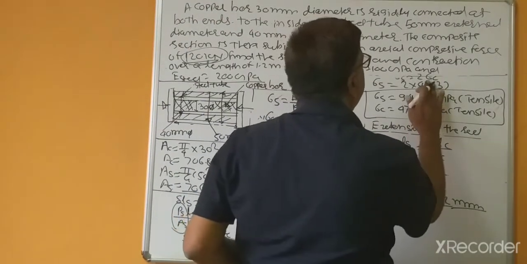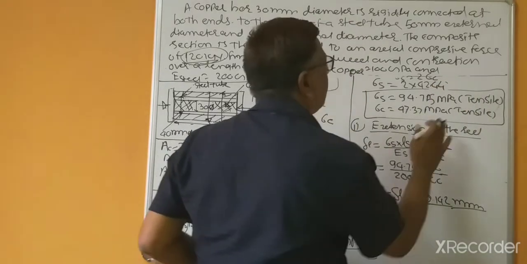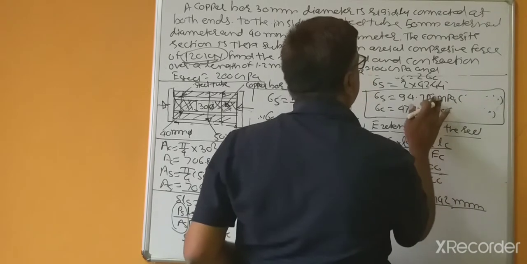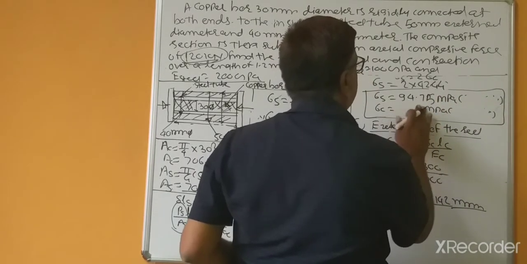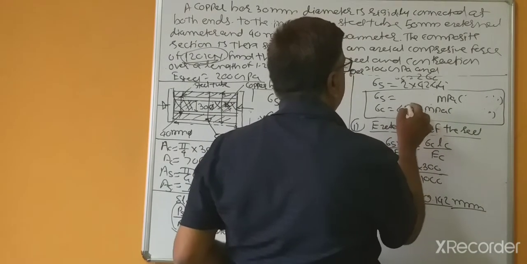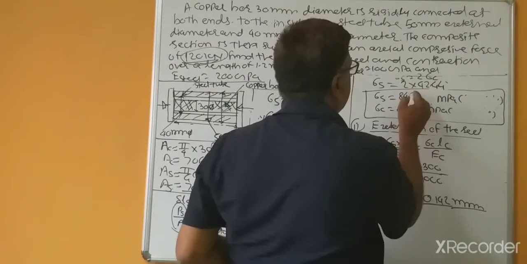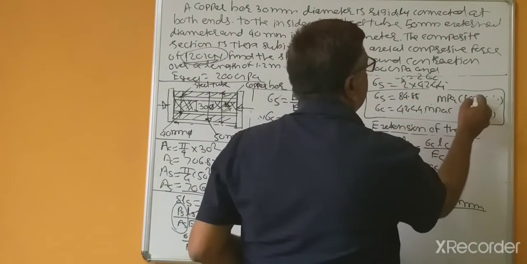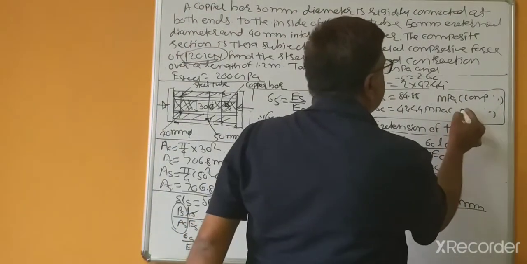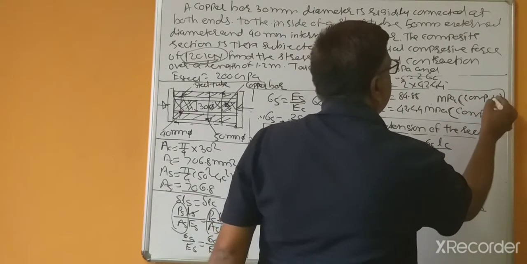So this is 42.44 megapascals. So instead of the tensile, now sigma S will get 42.44 multiplied by 2, 84.88, and the nature of the force is compressive. So that's why these stresses are compressive. We write in bracket compressive. This is also important.